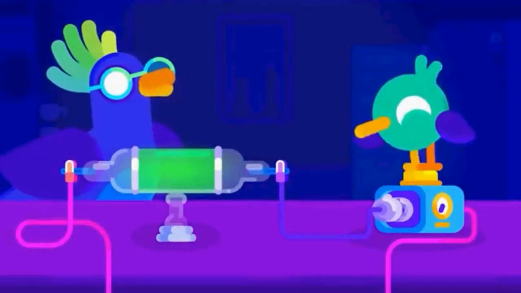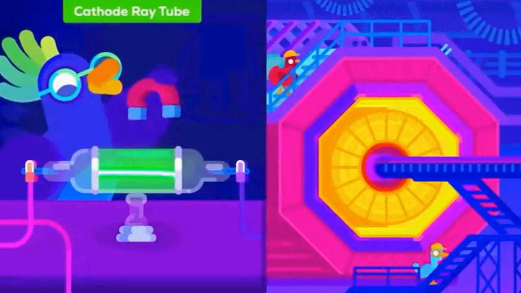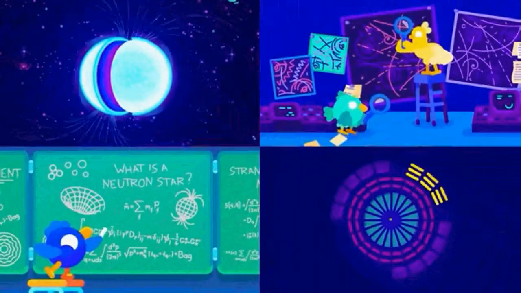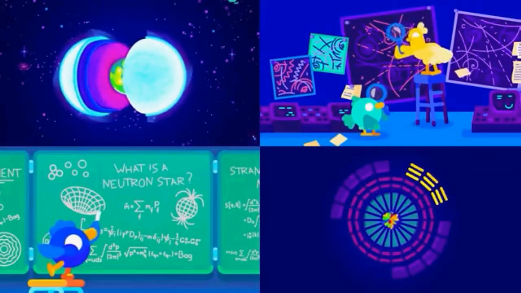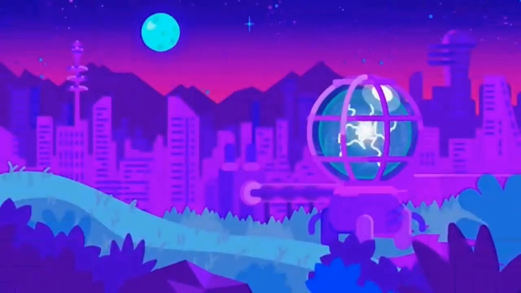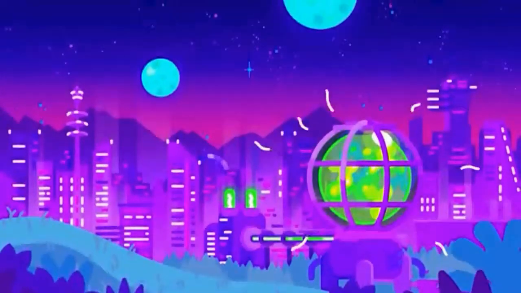When scientists first started playing with magnets and wires and thinking about electrons, they had no idea how technology would evolve in the next 100 years. The scientists thinking about the cause of neutron stars and strange matter today may be setting up humans for a future beyond our wildest imaginations. Or maybe not. Time will tell.